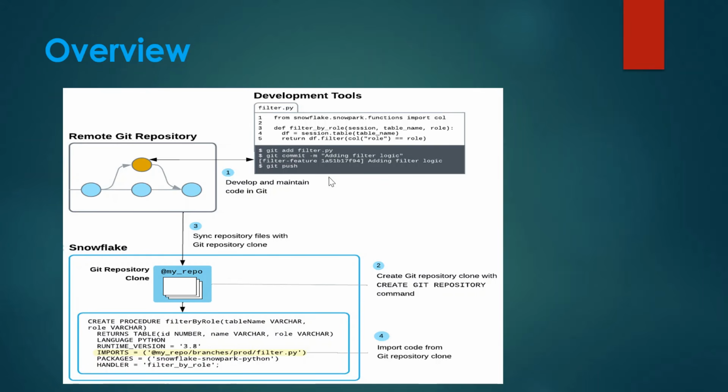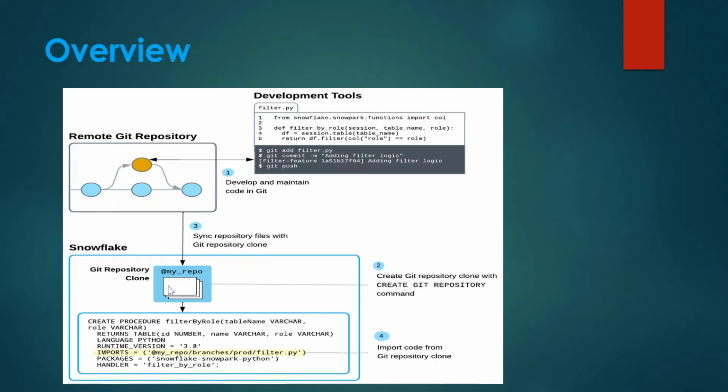You might have seen this diagram multiple times, either on LinkedIn or in the Snowflake documentation. The very first thing is you should have a remote Git repo. If you don't have a Git account, you can create one, and it's freely available. Then maintain one folder and put some files in it. Probably you can have some SQL files or Python files. After that,